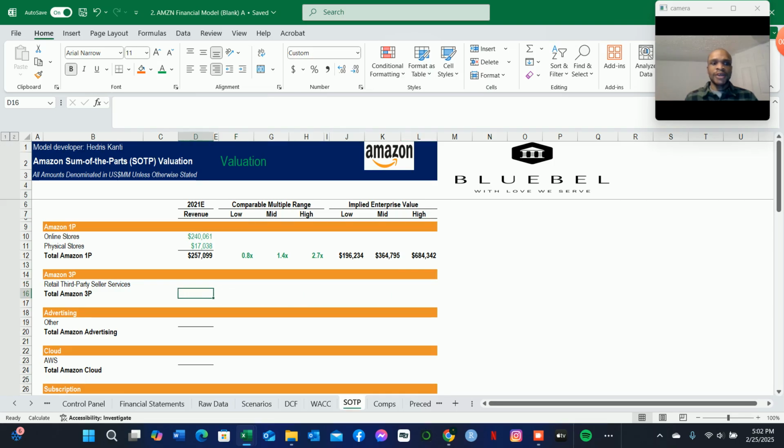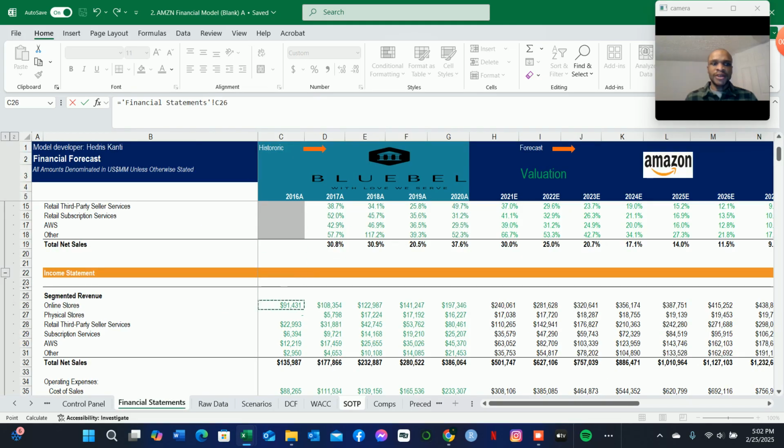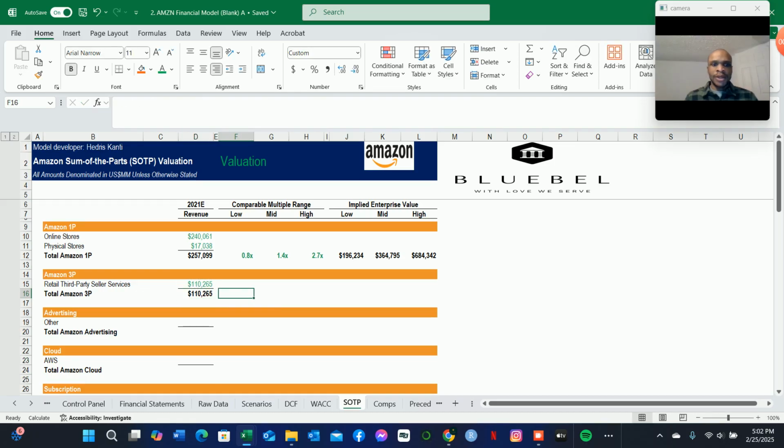So we can do the same thing for the third-party business segment. We can go to the financial statement and grab the revenue for the third-party business segment. We can grab the revenue generated in the 2021 forecast period of roughly $110 billion. So we can grab that. And then for the